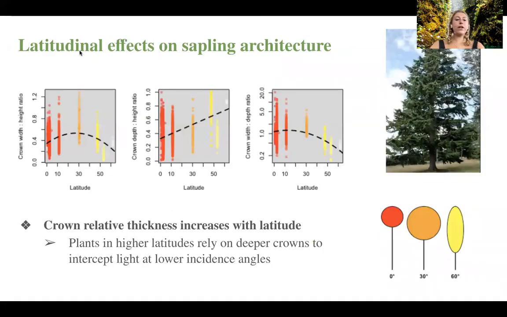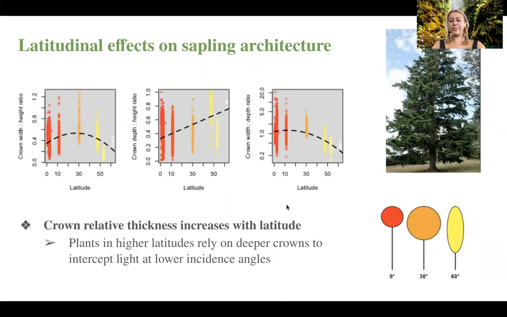Okay, so we found that there were latitudinal effects on sapling architecture. Crown relative thickness increases significantly with latitude, and plants in higher latitudes rely on deeper crowns to intercept light at lower incidence angles. We found a significant relationship for all three of these different ratios we took a look at, with crown depth to height ratio. And we found that sizes differed between sites, so we had to use ratios as opposed to just using height values. And yeah, we found that there was a quadratic relationship between all of these different latitude to width